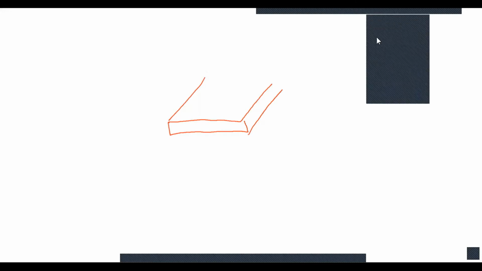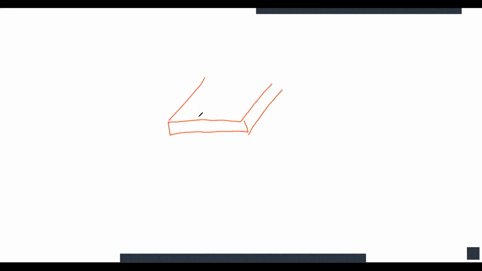At the time of fabrication, first we design one half of the dielectric substrate, and then by the etching process we develop a strip line over this dielectric substrate.